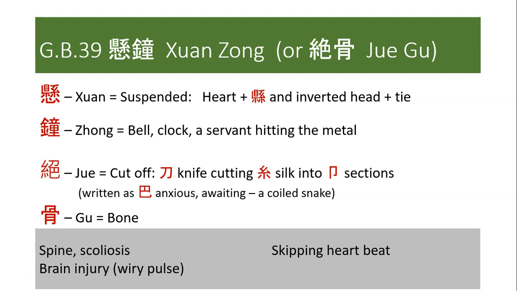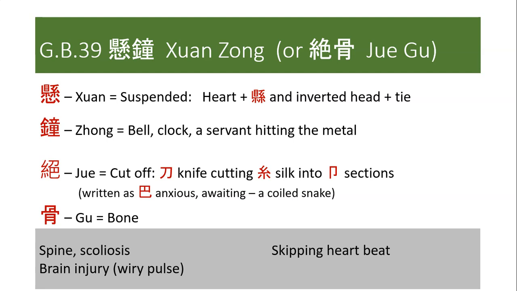But it's also a very good point for people who have skipping beats, heartbeats that are skipping, again because of this character, bell. The bell is suspended. In this case, the bell is not a metallic bell, not related to the metal phase, at least in the case of the heart. But still, it is a bell nonetheless. The heart is a clock that keeps chiming, keeps contracting regularly. When a person has a missing beat,